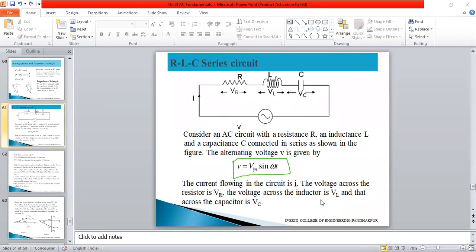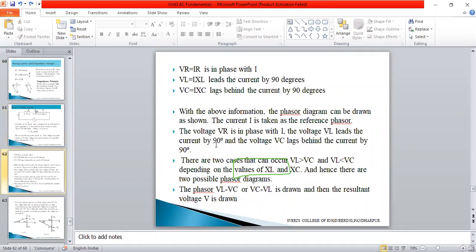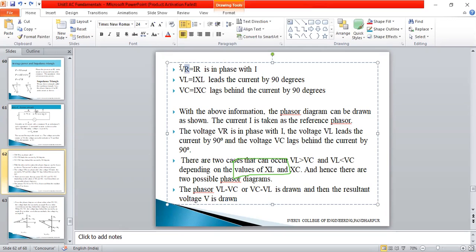That is a very important thing we have to discuss here now. So the current and voltage equations we can write as they are here. Then we will go further. Before the three conditions, three voltage drops are there. One is the voltage drop across the resistance, VR equal to IR, which is in phase with the current. Next, VL equal to I XL, the voltage across the inductance, leads the current by 90 degrees, or the current lags the voltage across inductance by 90 degrees. We can call that also.